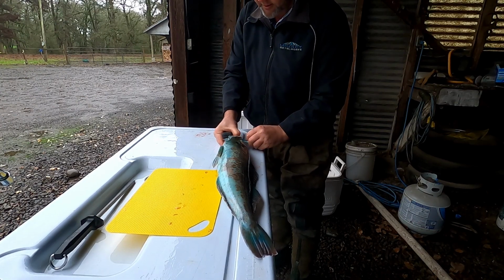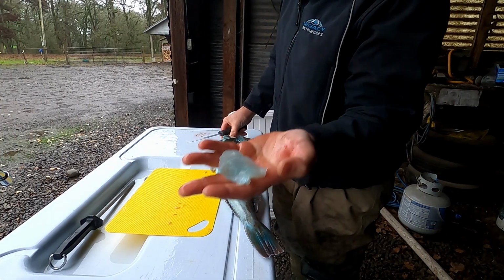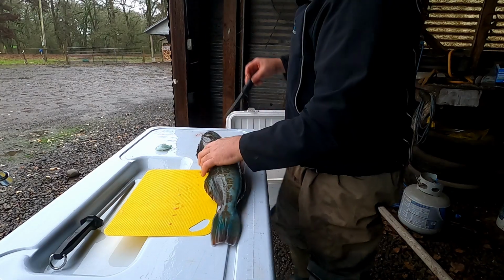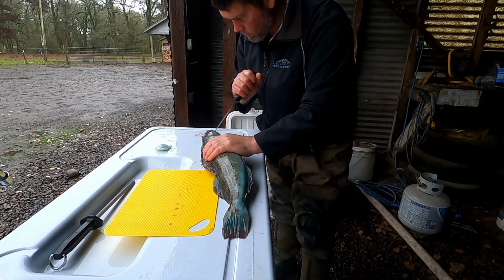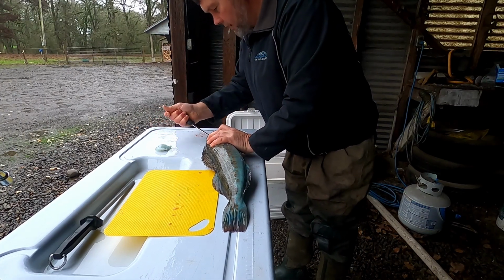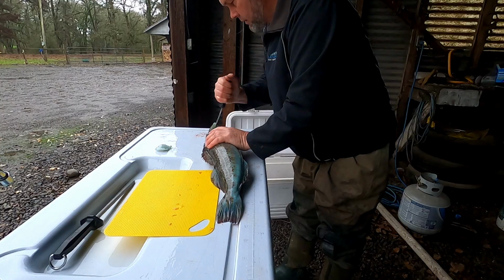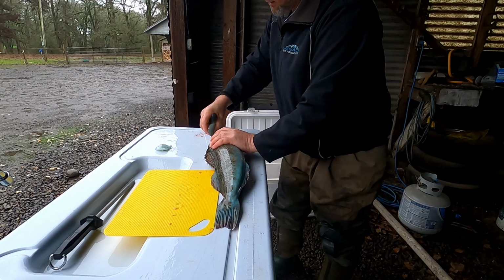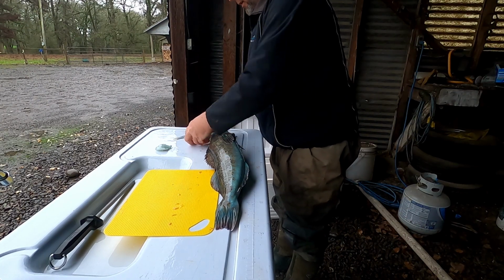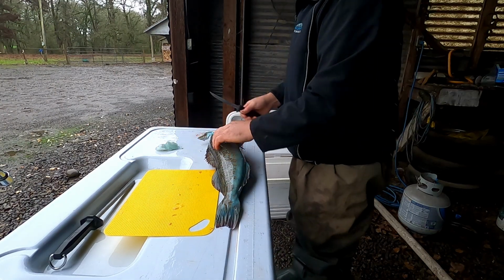And then you just slice across there and pull it off with your fingers, and as you can see, that meat is blue. So I got that one out. Let's get the other one out. Swing real wide right up by the eyeball there. Swing wide down this way. Come right up along the lip. Well, that was pretty easy actually. This time, a lot of times it's a lot harder than that. But get two little chunks like that, and then